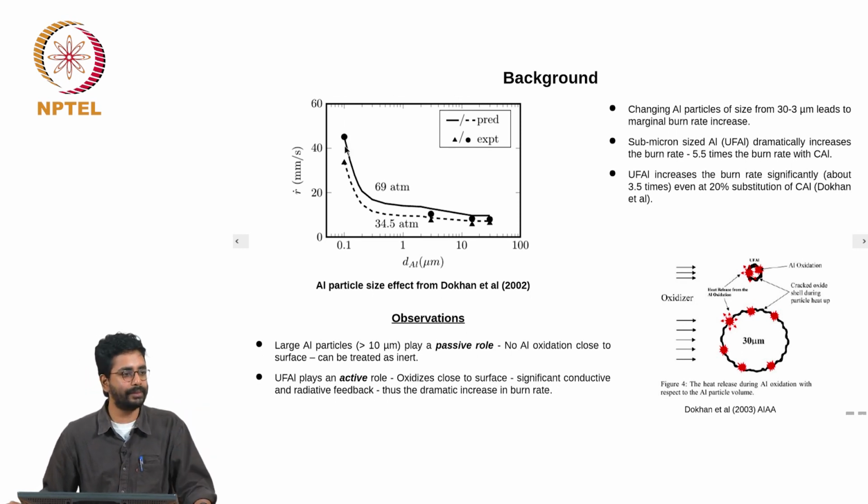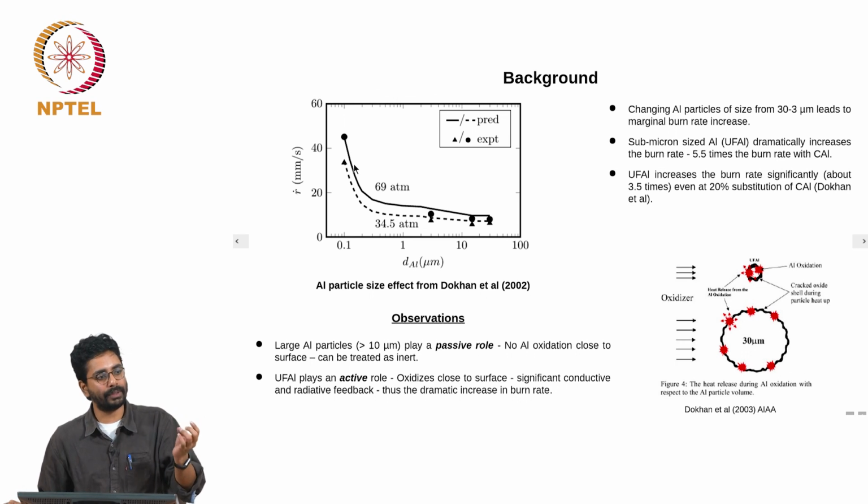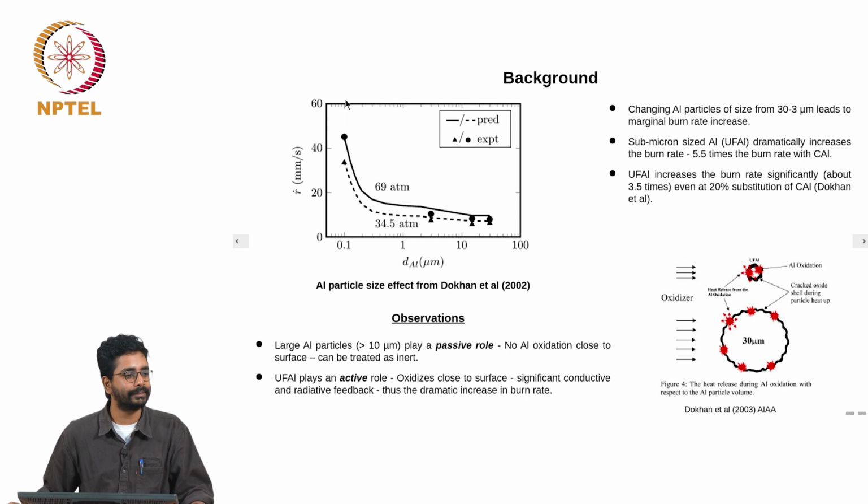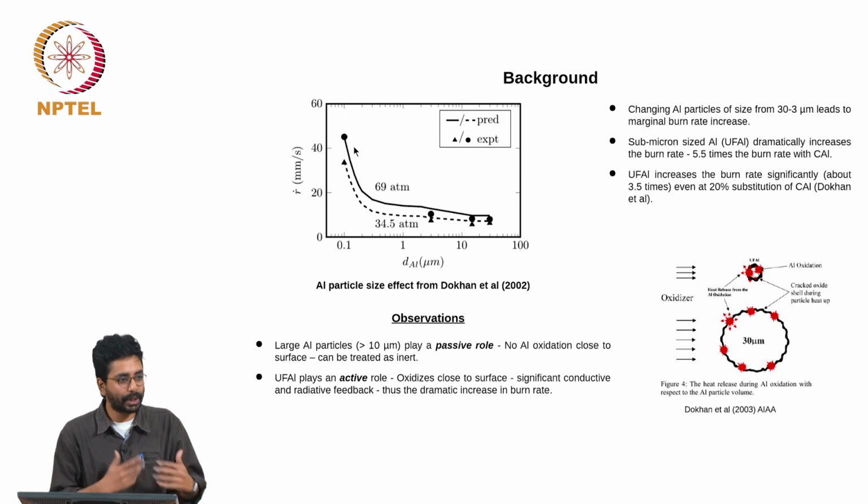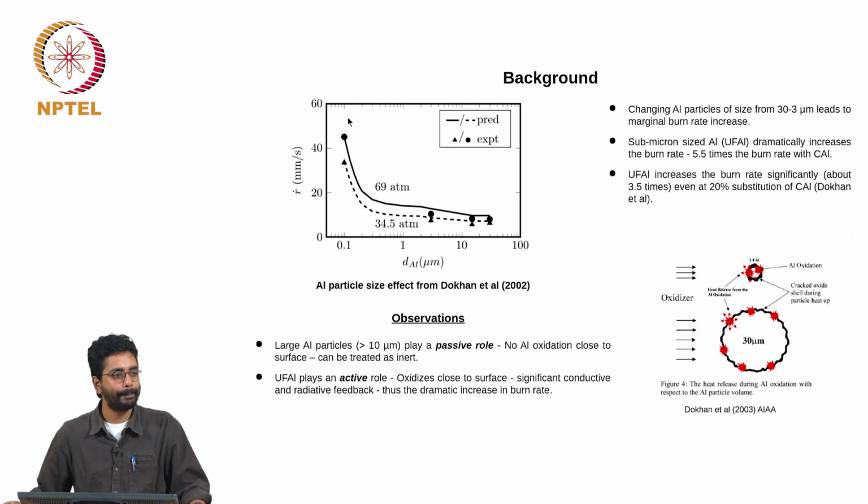What I said was, if there was no agglomeration, you would have gotten a much higher increase in burn rate. It is only 5 times here. If there was no agglomeration, you would probably have got a 10 times increase in burn rate. And therefore, simply increasing the amount of ultrafine aluminum, because of agglomeration, will not give you a proportional increase in burn rate, because the effective particle size that is radiating will increase as you increase the fraction. I thought that this is not accounting. This graph has shown this. This is experimental data, by the way.